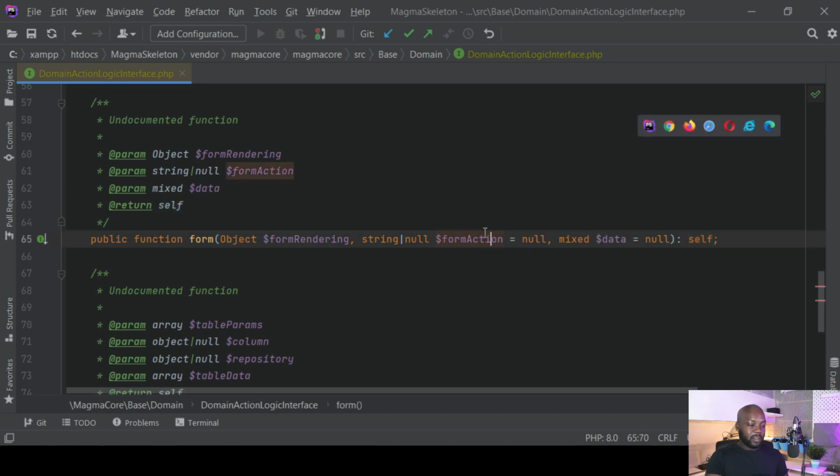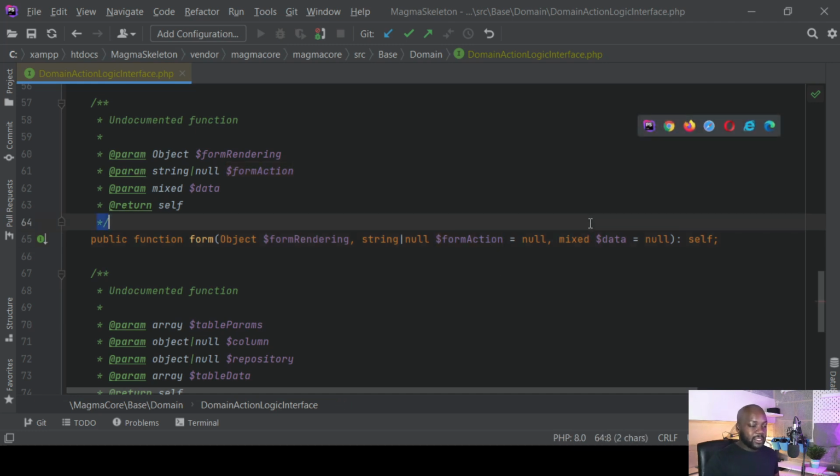You can see we've got the form action, and we can dynamically pass the action that the form is going to be submitted to. And data is a repository or a model that we can pass. So for instance, if we're on a route that's got a token, i.e. an ID route, we can get the data and pass it directly to our form, so we can do